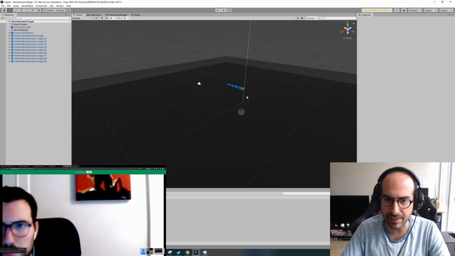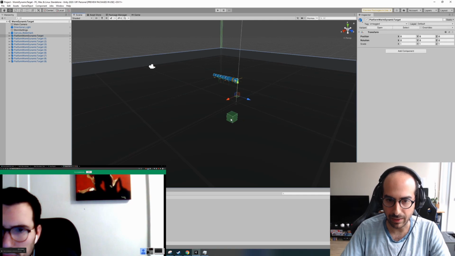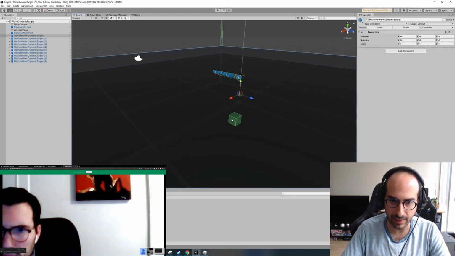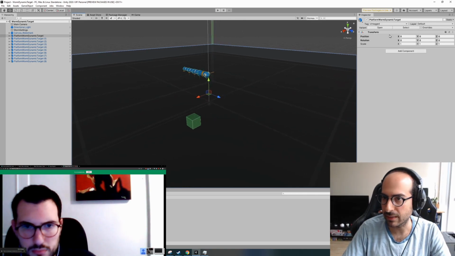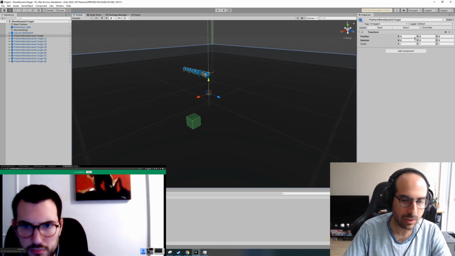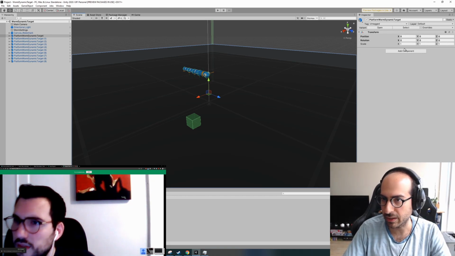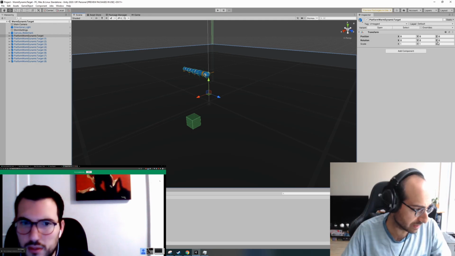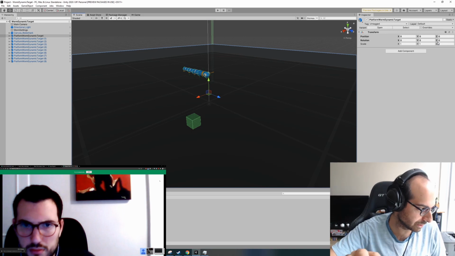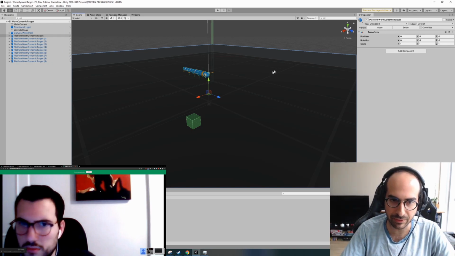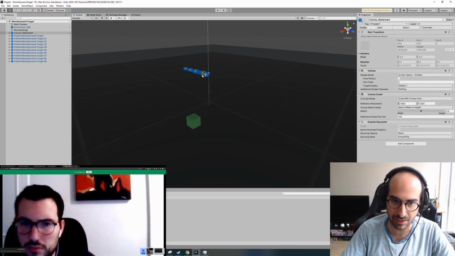Let's say in this case, what is the state? On one hand, the state is the environment state. If you click on this green square, you'll notice to the right that it has a position, centered around 0, 0, 0. It has a rotation, and it also has a scale. So this is the state. You feed it these variables, and the environment thinks, okay, given these variables, and some variables specific to my worm,